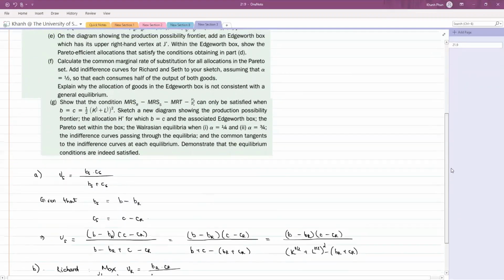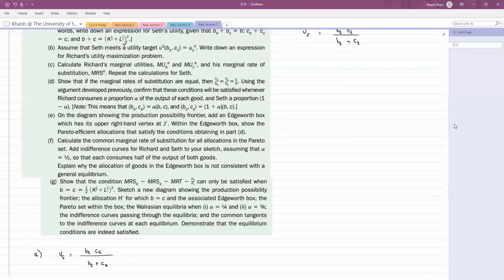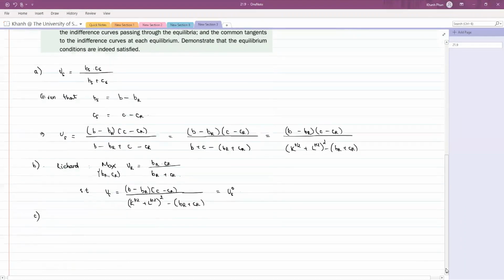All right, so that is the part B. Now part C, asking you to calculate Recharge's marginal utilities MUBR and MUCR and his marginal rate of substitution, and we calculate for SET as well. Okay, so marginal utility for